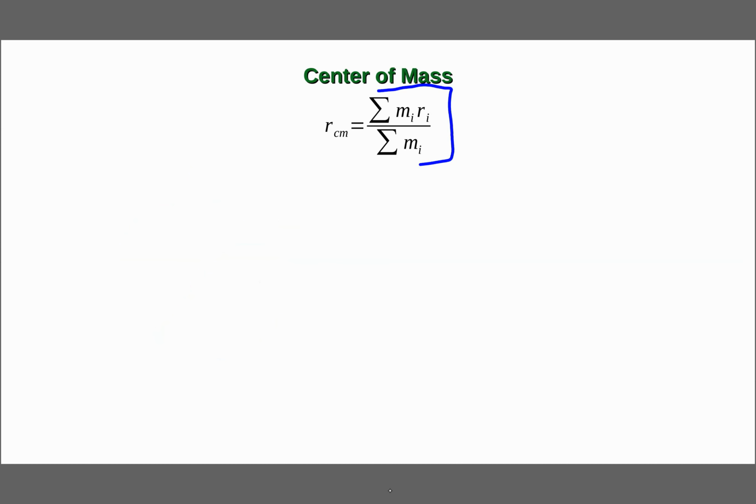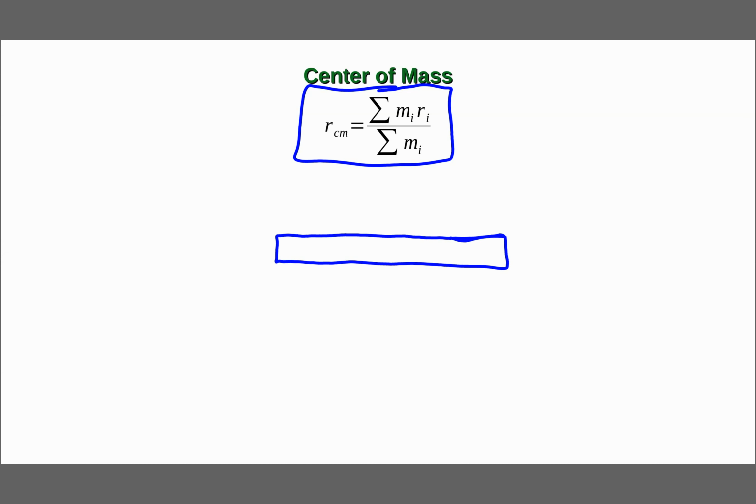So we have this formula up here for the center of mass, and it's really just a weighted average of the location of all the mass in an object or in a system of objects. But we can also see it really easily by thinking about balancing objects. So for something like a ruler, if the ruler has a nice uniform density, then the ruler's center of mass will be in the middle of the ruler. And you can balance a ruler on the end of a pen or your finger or something like that by putting it right under the center of mass. In fact, it's a good way to find the center of mass of something by figuring out where it balances